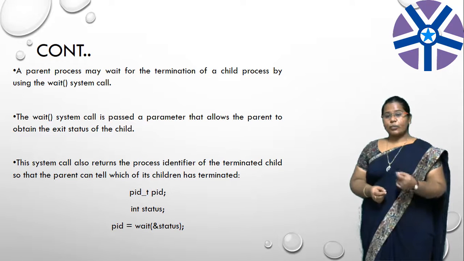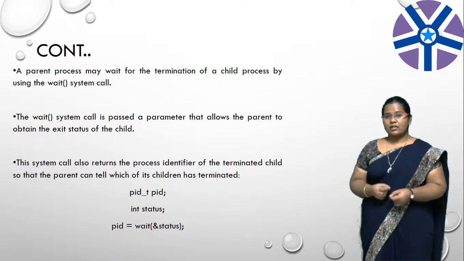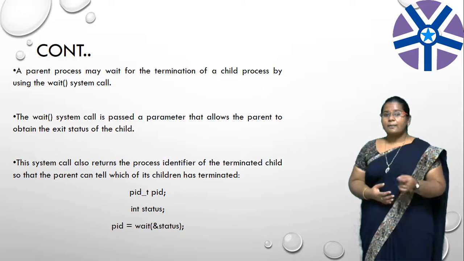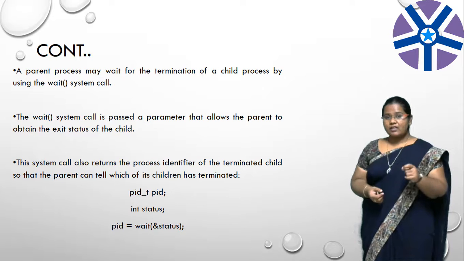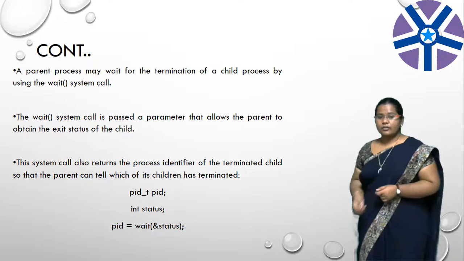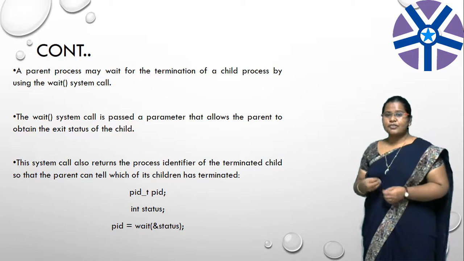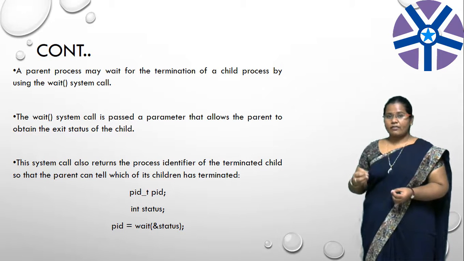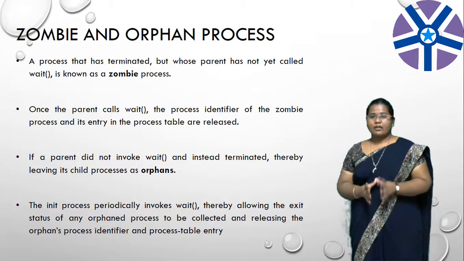A parent process will wait until the termination of the child process by executing the wait system call. As we have discussed, the wait system call should be passed the status of the child process. In the previous slide we have seen exit of 1, so the status of that 1 will be passed to the wait system call. Here you can see how the wait system call receives the status from the child process. The reference of that variable is passed to the wait system call. So that is about the process termination.